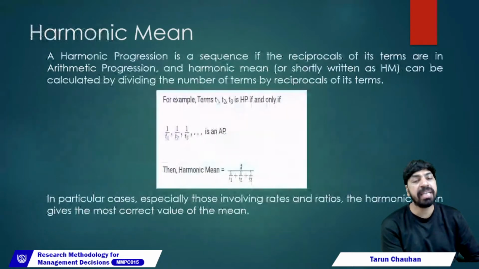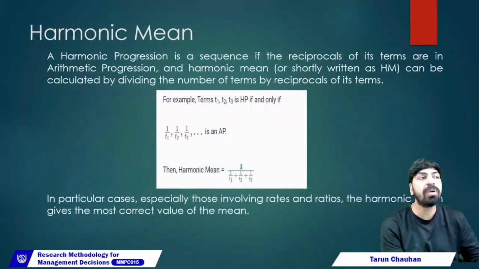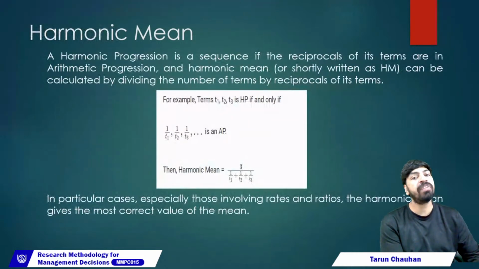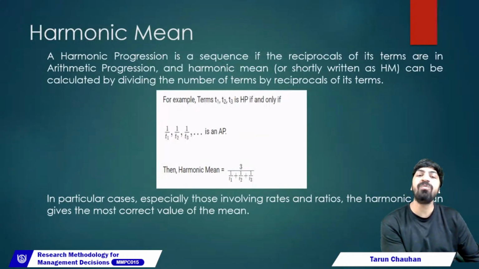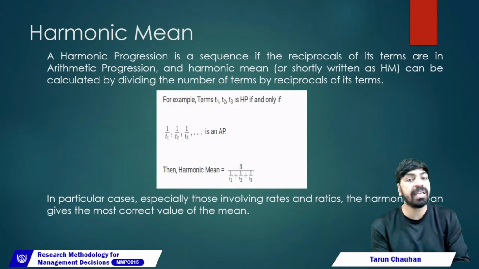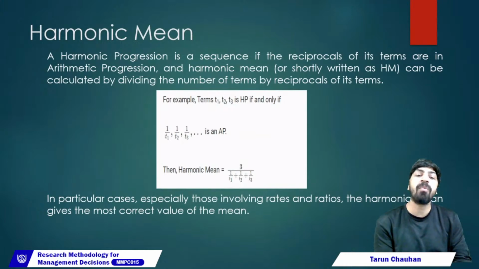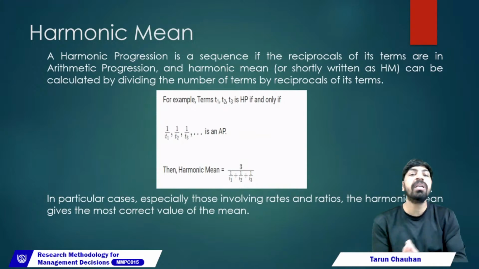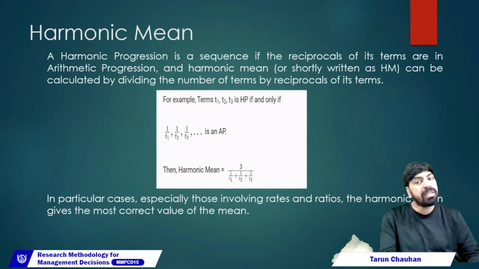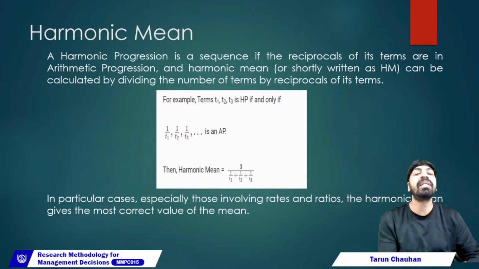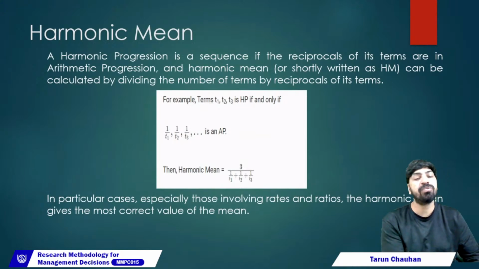Harmonic mean, which I already explained, is the reciprocal of an average of its reciprocals. Let's take an example. The terms T1, T2, T3 are a harmonic progression, and if it is converted into an arithmetic progression, then you can calculate the harmonic mean. In the particular question, the harmonic progression is always given, but your next step is to convert the harmonic progression into an arithmetic progression